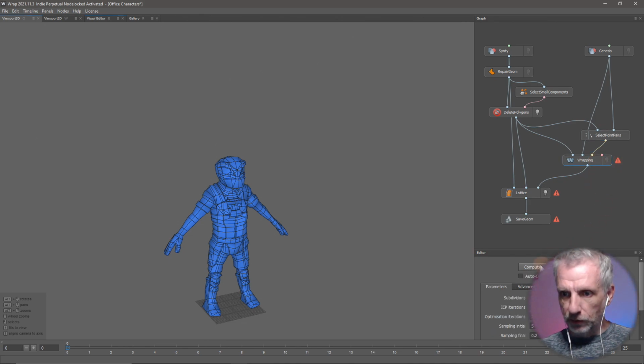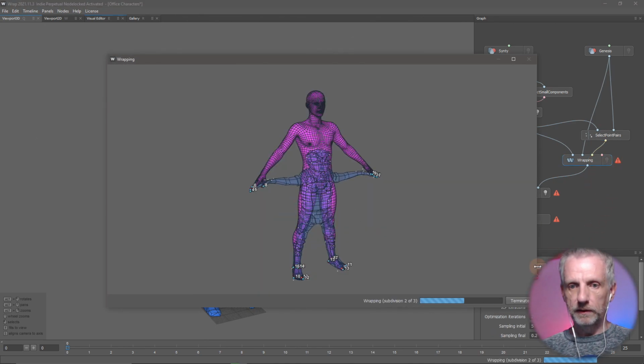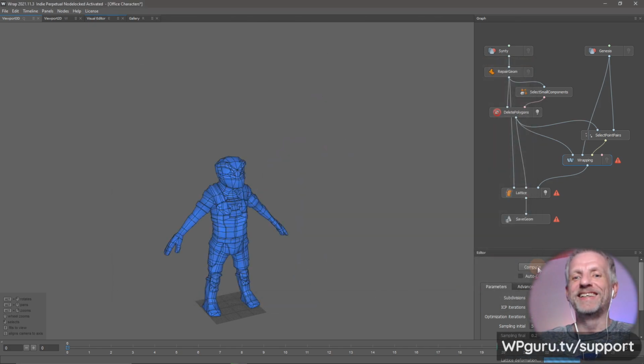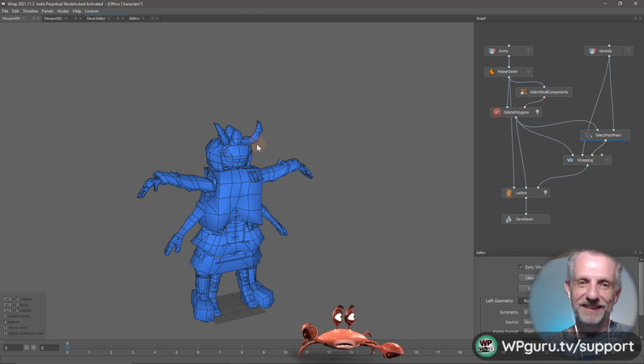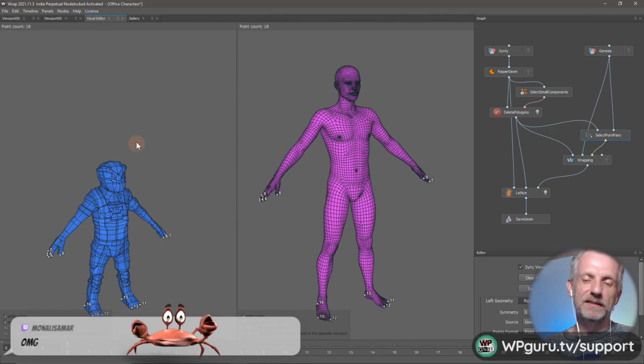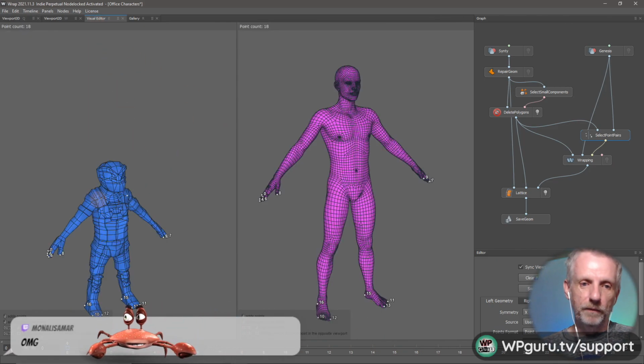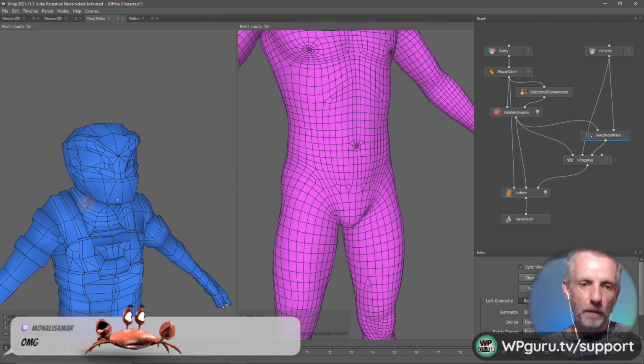Okay, let's see what this says. This says just compute. Let's see what happens. Compute. Okay. It's trying, but it wasn't very successful. So we need to tell it where the head is as well. That makes perfect sense. Okay. That's okay. It didn't know. It didn't know. Let's see. Maybe we can do